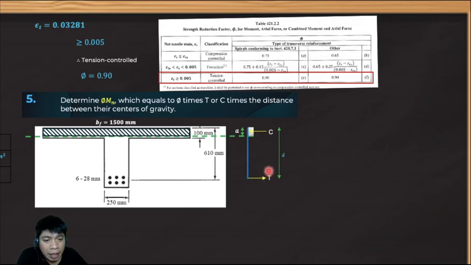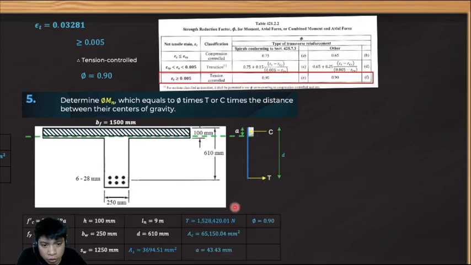Okay? Then, iyong moment na mako-create nila, guys, okay, so ito iyong ating given. Iyong moment na mako-create nila, guys, is iyong Mn. So, ang kailangan natin dito is iyong phi Mn. So, i-multiply lamang natin iyong phi sa Mn, di ba? So, phi Mn natin, guys, is phi AsFy. Iyong AsFy dito is the formula para sa tension force, di ba? Times, of course, iyong